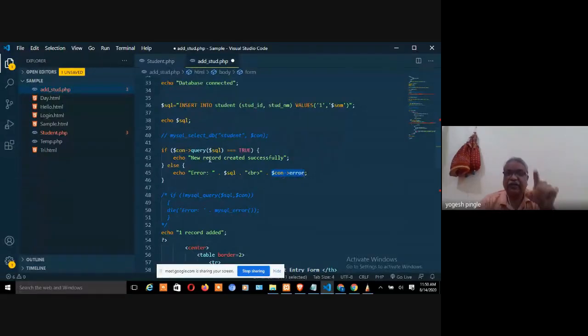What you are going to print is the SQL query if any syntax error is there, and the connection error. Actually, if the connection is not established and if the query is not fired correctly, otherwise if everything is fine, you are getting the message, new record created successfully. You can just see the syntax, $con query $SQL equal to true, correctly write, and then if it is okay, then you will get everything.